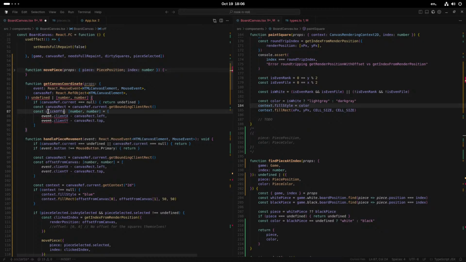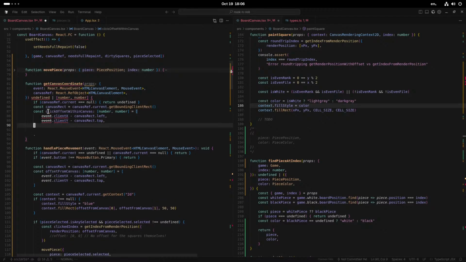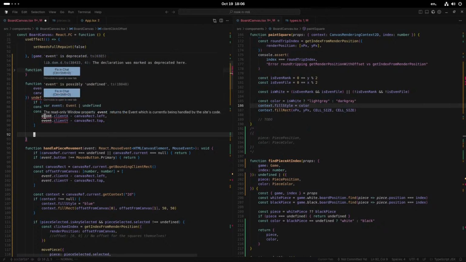Click offset within canvas. Great. That's not really what I wanted. Client click offset. Slightly better. I want to emphasize the difference between, okay,